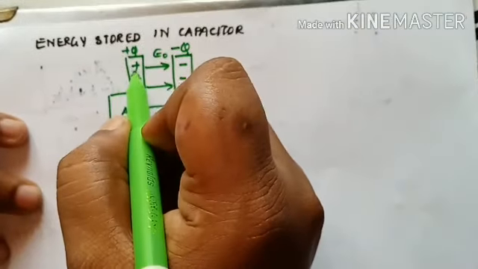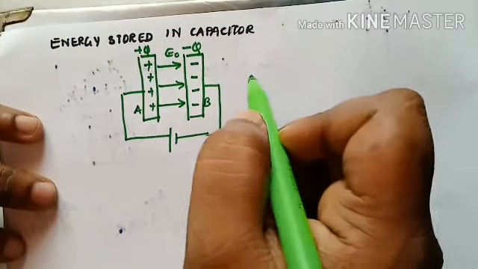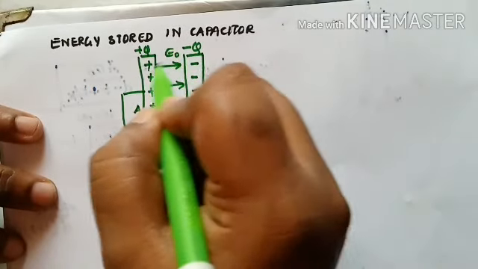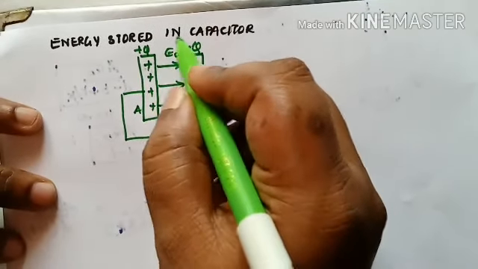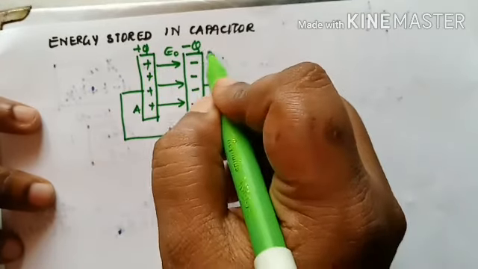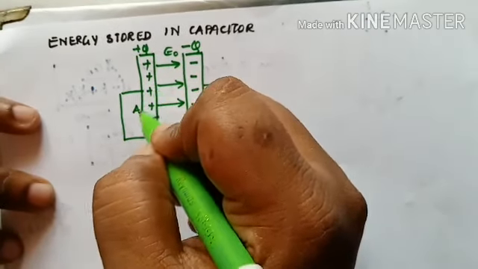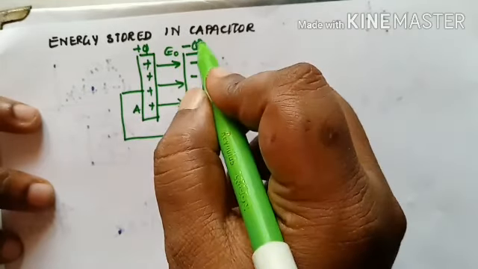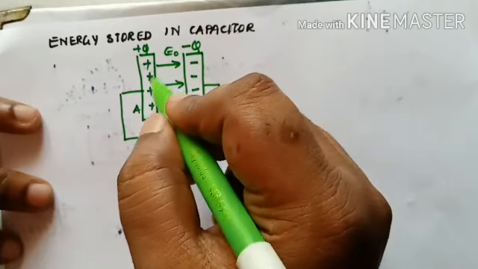Now if the electric field is moving from this plate to this plate, it means charge can be moved. The electric field is in this direction, so in order to increase the electric field further I have to make this plate more positive and this plate more negative. If I want to make this plate more positive, I have to remove more electrons from it. Similarly, to make this plate more negative, I have to remove positive charge from this plate.